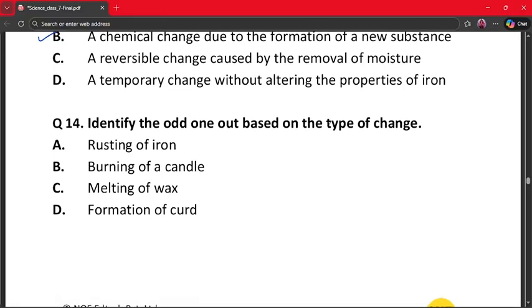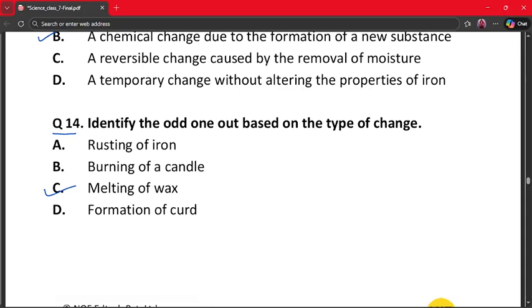Our next question is question 14. Identify the odd one out based on the type of change. A. Rusting of iron. B. Burning of a candle. C. Melting of wax. And D. Formation of curd. The correct answer, which is the odd one out, is melting of wax, because rusting, curd formation and